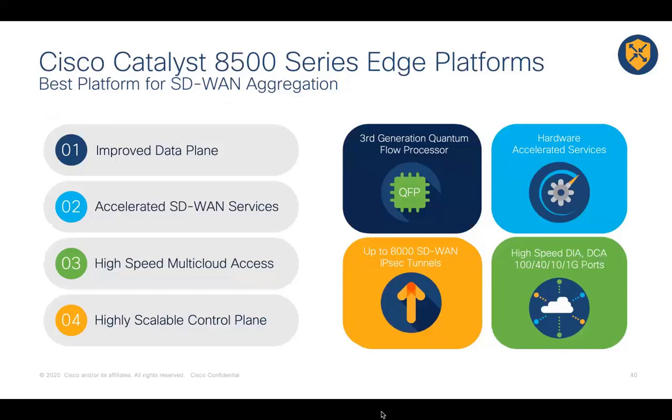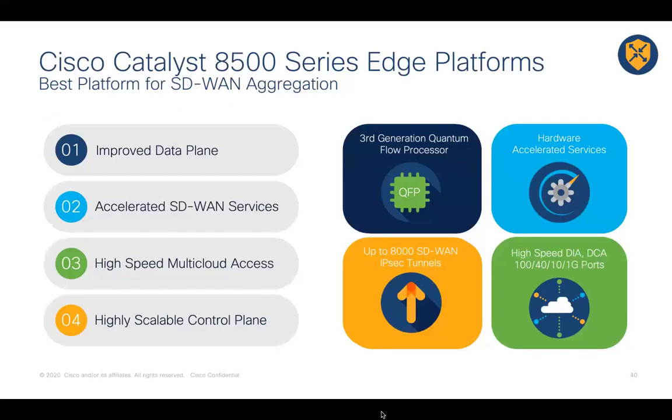And the last but not least component is we are able to aggregate up to 8,000 SD-WAN IPsec tunnels. So this is just an example of scalability from an IPsec tunnels point of view, where in one RU platform, you get to aggregate 8,000 branches or 8,000 remote endpoints for SD-WAN. But this also tells you how much the scale can be improved on all other services. We will be looking at some of those examples in coming slides.